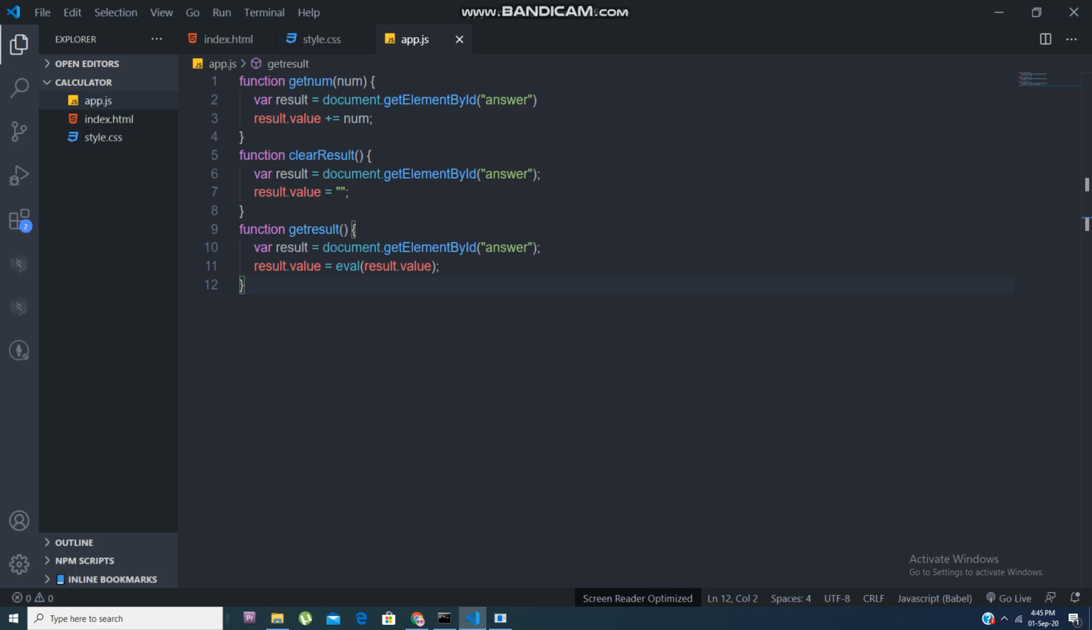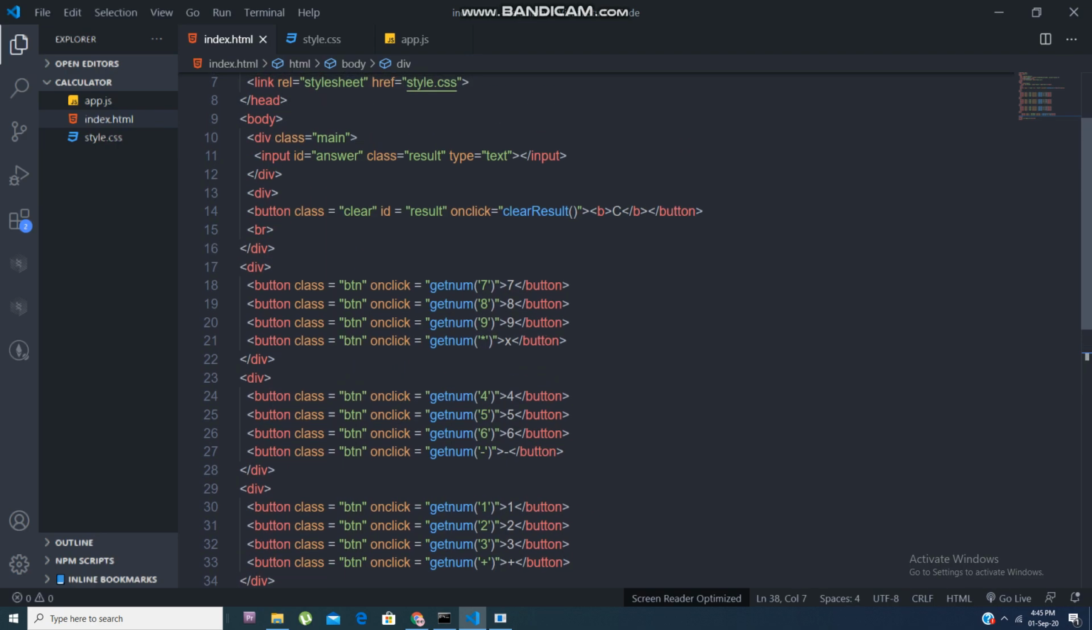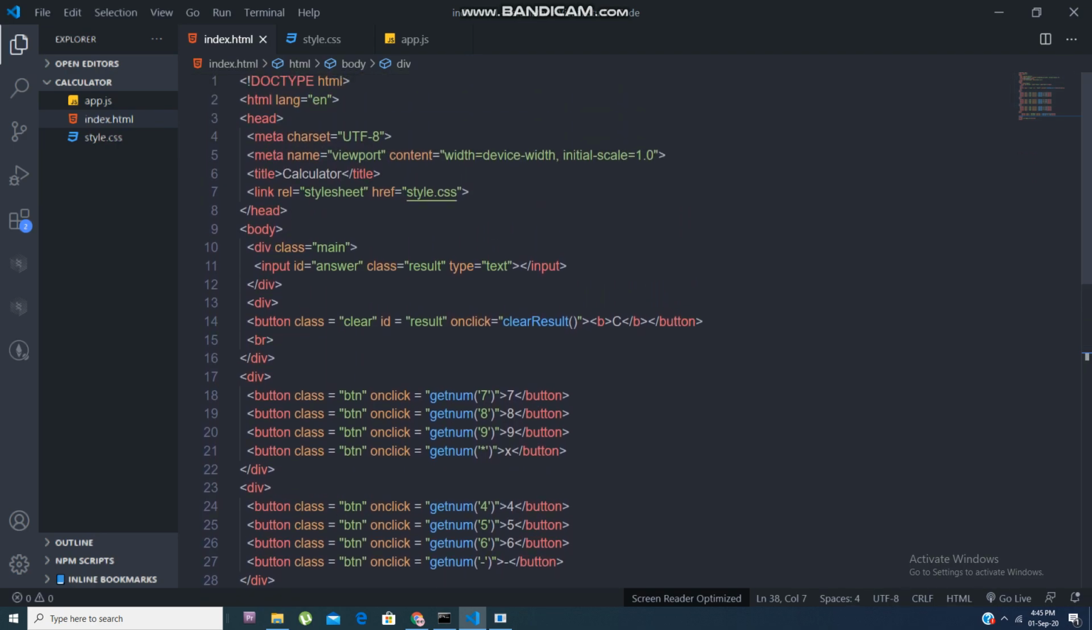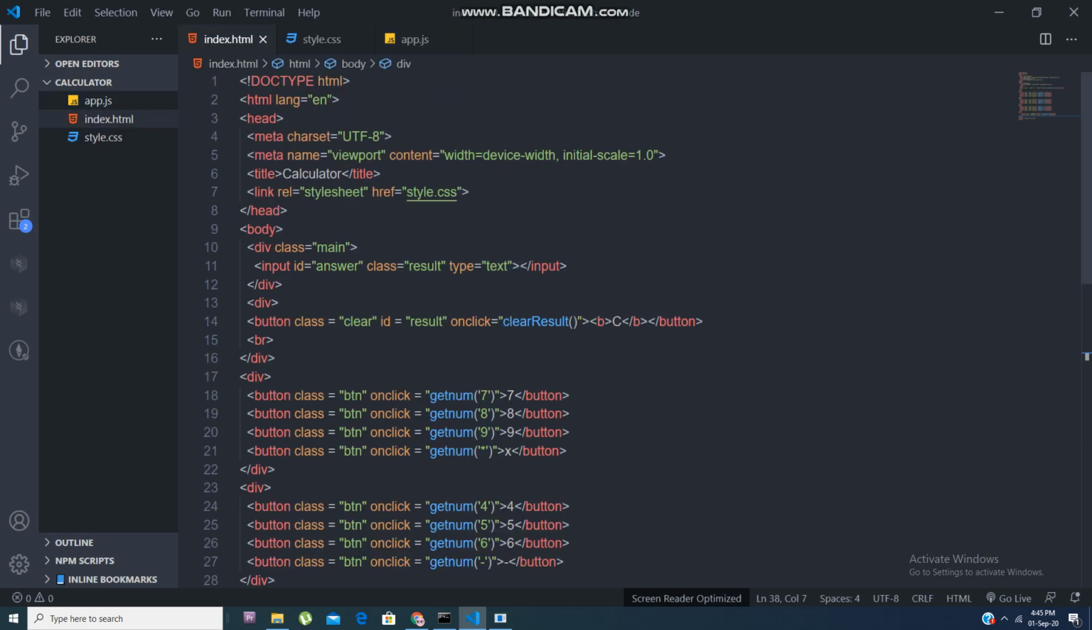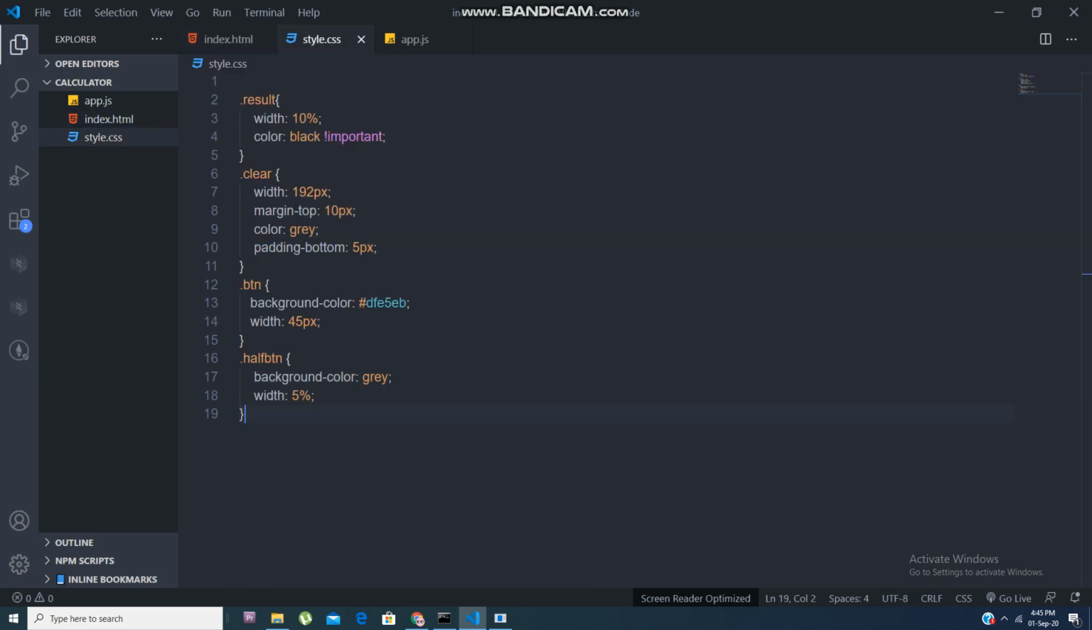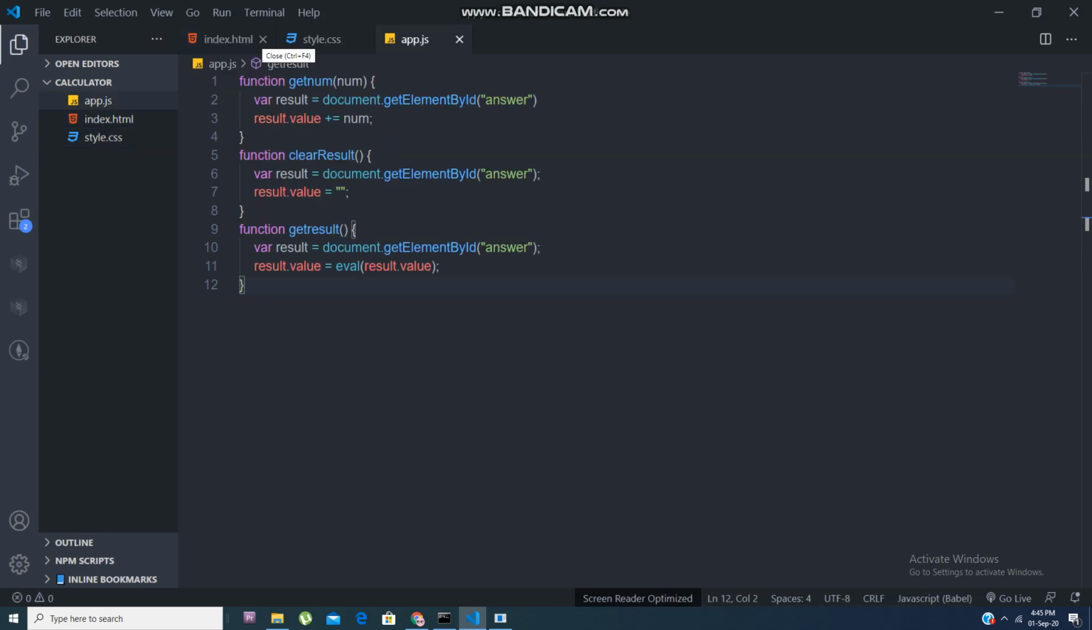So there's a function named getNum. var result equals document.getElementById answer. Look, there is the id of answer, where the answer would be printed, and result.value. What is the result? result.value is the value of the id, where result is the variable referring to the element in index.html, and plus equals num. Num meaning